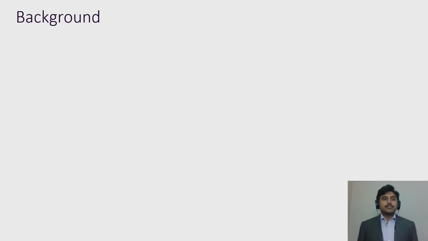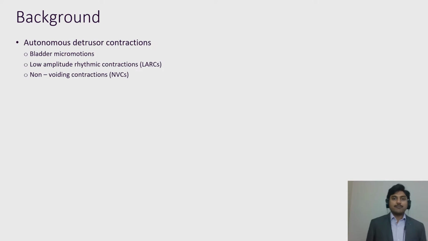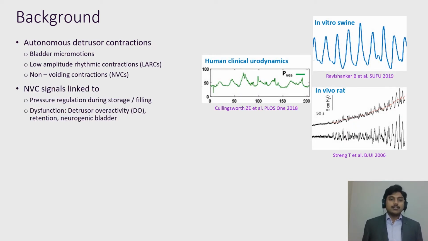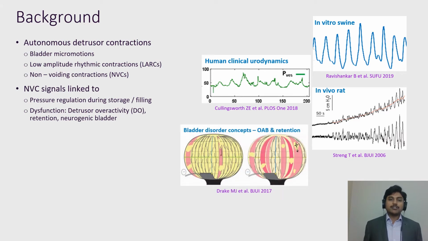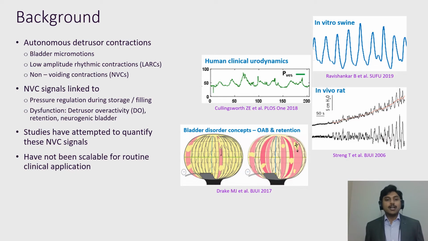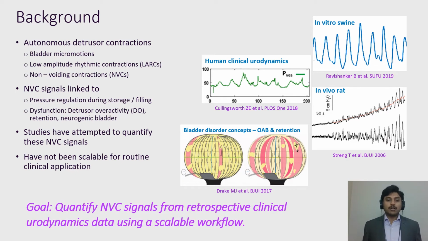Autonomous contractions of the bladder detrusor smooth muscle have been observed and reported across numerous studies and model systems. These signals have been linked to pressure regulation during bladder storage or filling, and even extended to disorder concepts like OAB, retention, and so on. Several studies have attempted to quantify these NVC signals, but have not been scalable to routine clinical application. So the goal of this study is to quantify NVC signals from retrospective clinical urodynamics data using a scalable workflow